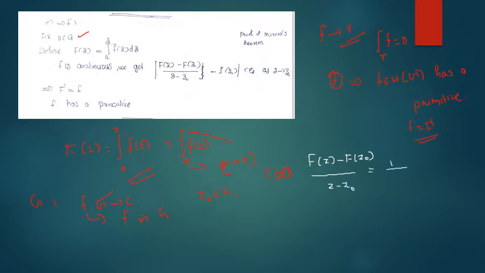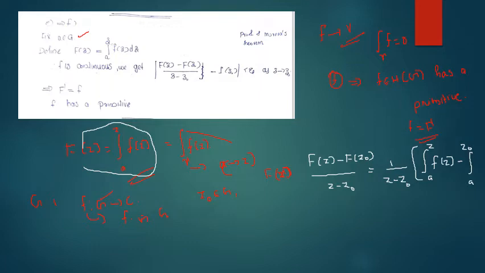This equals 1 by (z minus z0) into the integral from a to z of f minus the integral from a to z0 of f. Anyway, this implies 1 by (z minus z0) into,